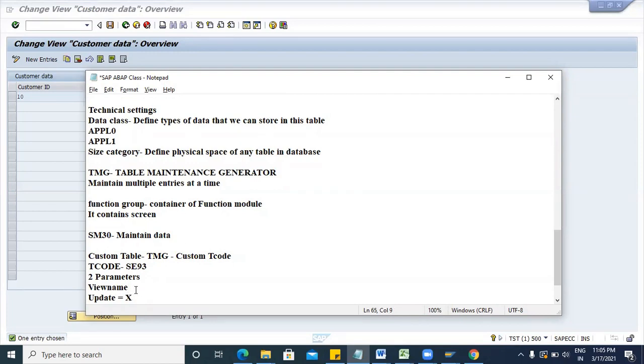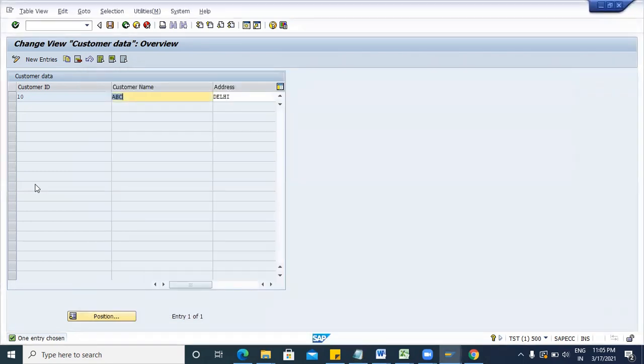If you are selecting any checkbox, so you are activating that. So in the parameter, we always pass it as X. And in the view name, we will pass table name. Okay. So this is the process to create any custom T code. We use standard T code SE93 and in the SE93 we can create our custom T code.